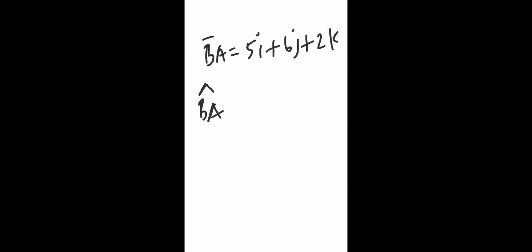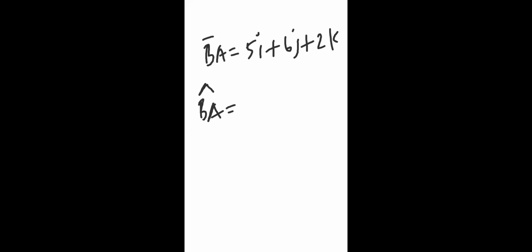So the BA vector, finally, it is having some value. Say for example, 5j. I don't know what the value is, but we have taken the variable. For example, I'm writing 6j plus 2k, like this it comes. But for us, what is important? Only direction is important. Anyway, we already have the magnitude. What we need is only direction. So the direction can be written in this notation, like a unit vector in that direction. The vector that you are denoting should give you only direction and unit magnitude.